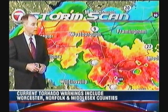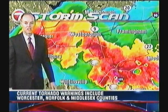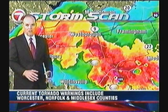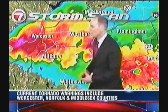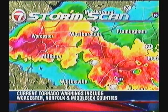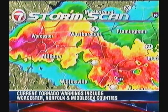We have a flash flood warning up, and that means that you could just get a dose of rain here as these storms may rain out, and as they decay, they drop most of their precipitation, and they just call it a night. So that will be the case that we'll be watching here, and of course, all that vivid lightning, enough to cancel practices, I'm sure, all the way back through Worcester and Millbury. But at this point, as far as warnings are concerned, we still have one, I believe, still in effect, all the way up into parts of Worcester County, and that will go until about